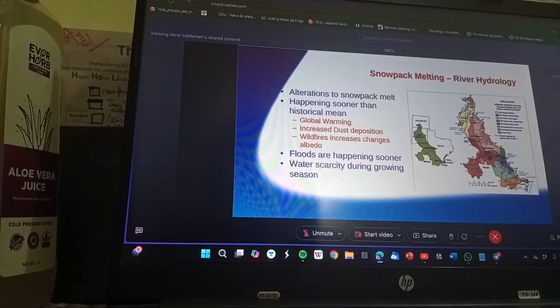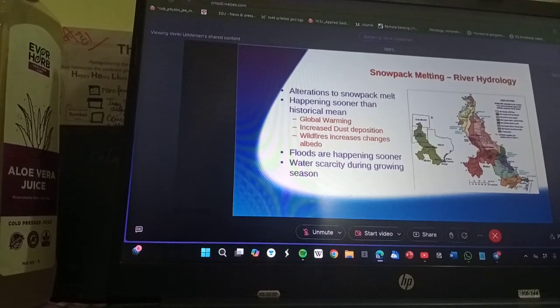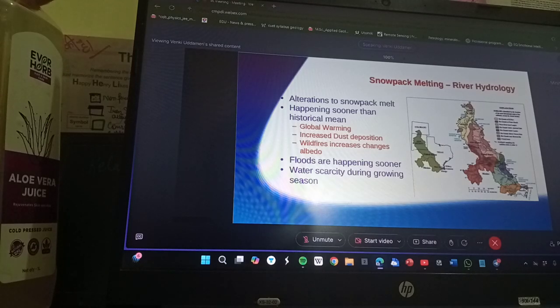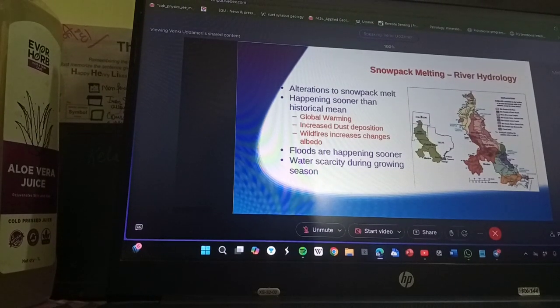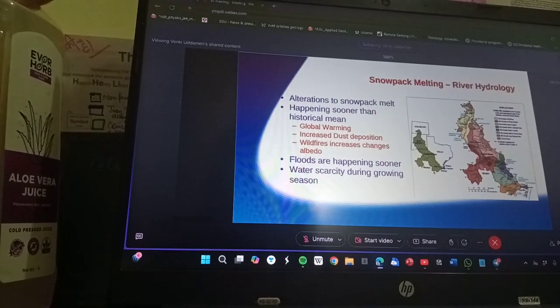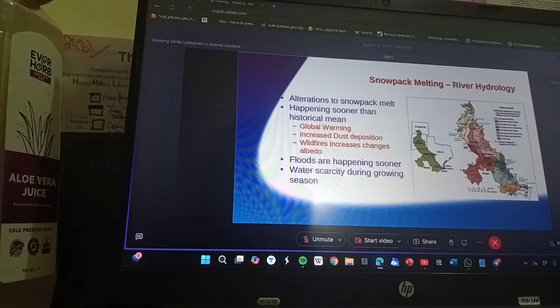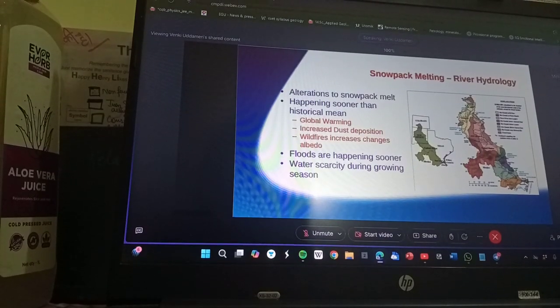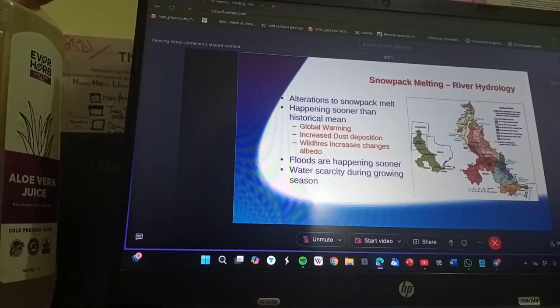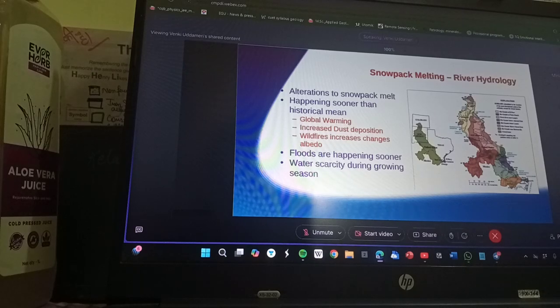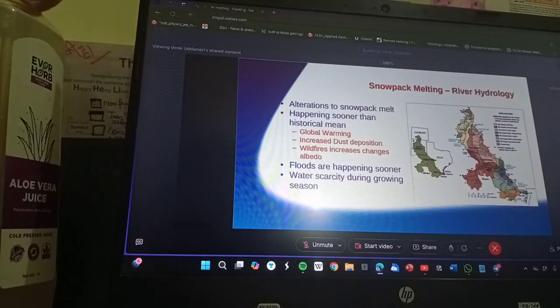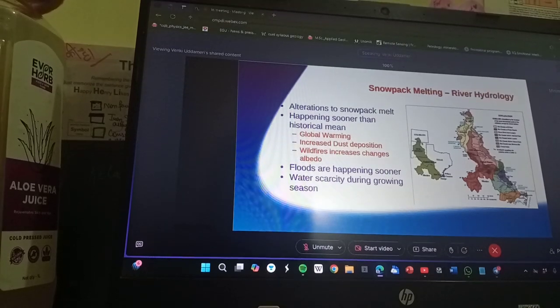One very important watershed in the U.S. is the Rio Grande River watershed. Rio Grande is the fifth largest river in the U.S., and it starts in Colorado and flows all the way across the U.S.-Mexico border. It gets into Mexico and comes all the way down to Texas before it merges with the Gulf of Mexico. A lot of this water here is because of snowmelt that takes place in Colorado and New Mexico. So what has been happening in recent years is that snowmelt is